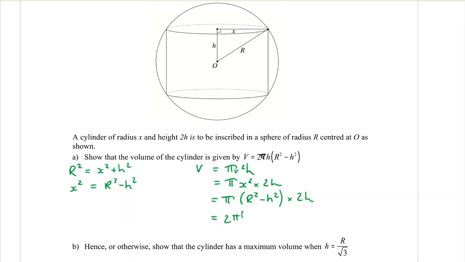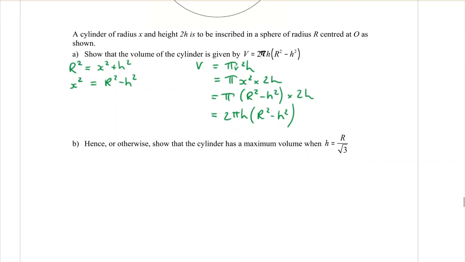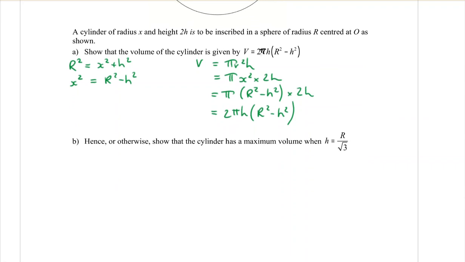2 pi h bracket r squared minus h squared. All right, got the equation. Part B. Hence or otherwise. Don't you love the "or otherwise"? Where you go, what else could I do to get this? But anyway, hence or otherwise, show that the cylinder has a maximum volume when h is equal to r